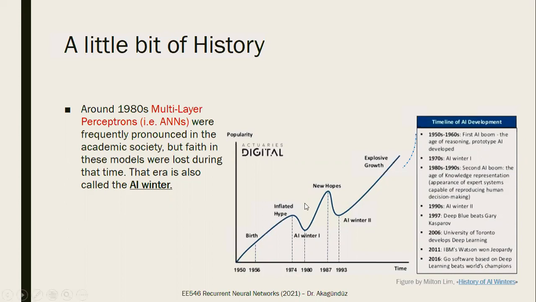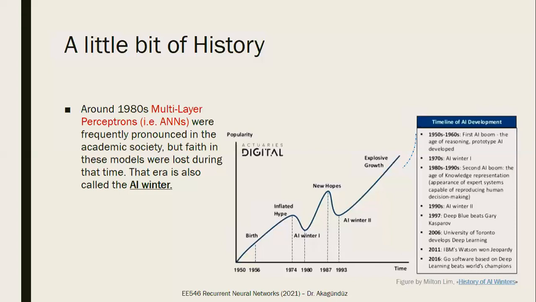Why am I telling you? Because you most of the time hear people talking about deep learning being a hype, or deep learning being something temporary. Yeah, it's true. I mean, in the history of AI, there were times that people have lost faith in the idea of training non-transparent architectures to learn tasks. Yes, but those winters have passed, and the ideas came up stronger, and the growth was again exponential.